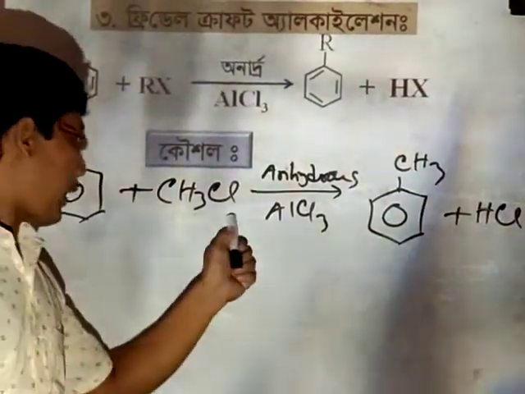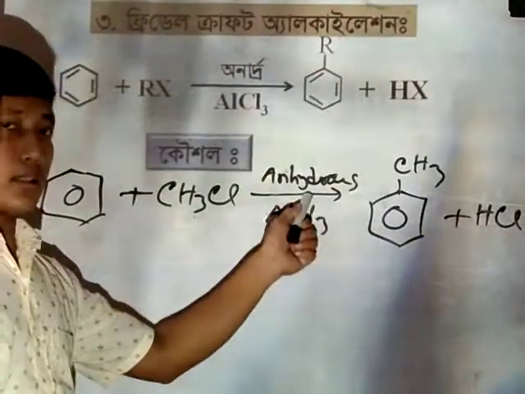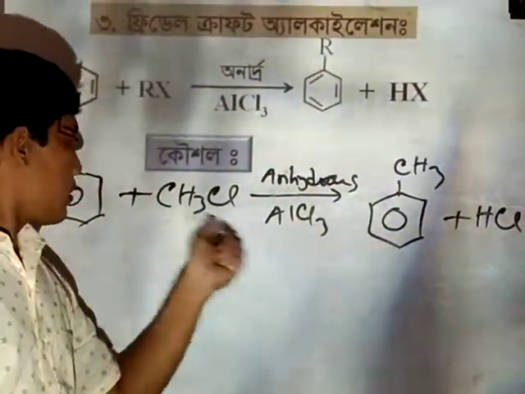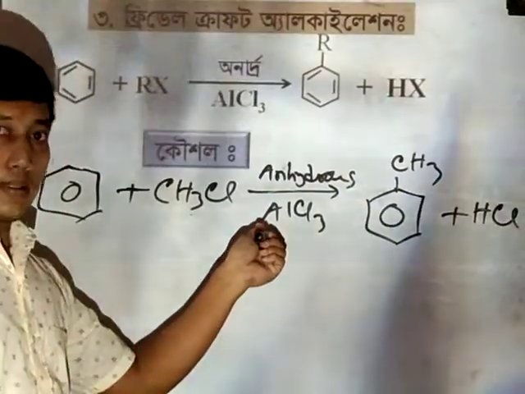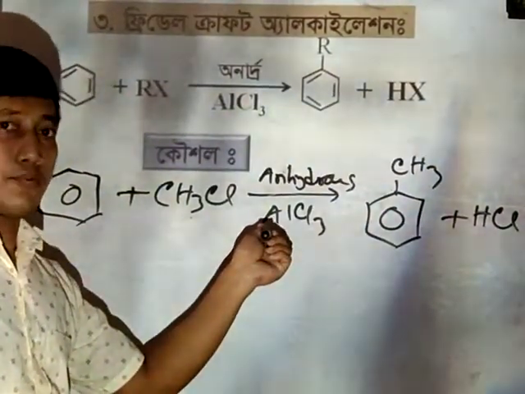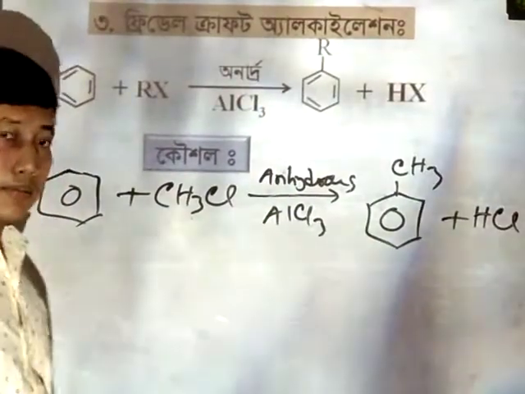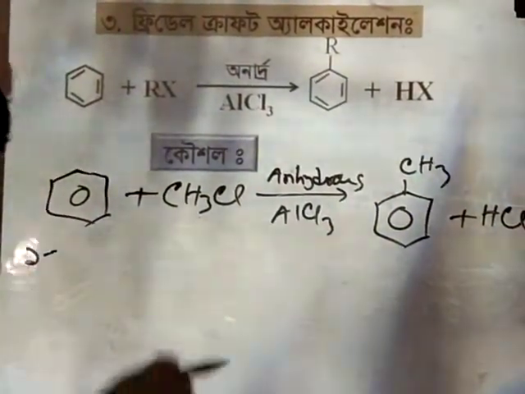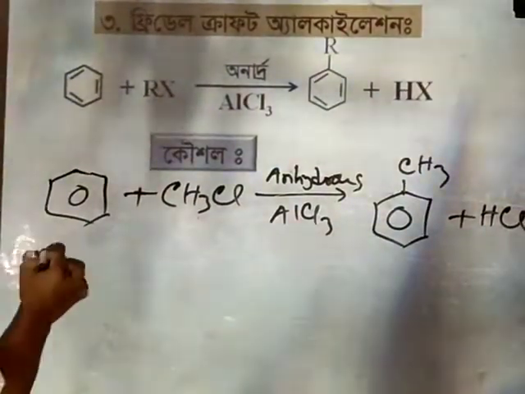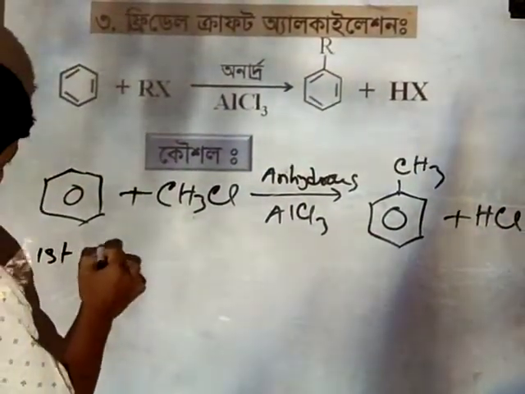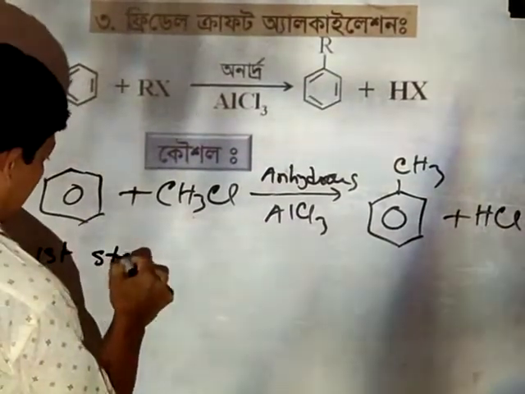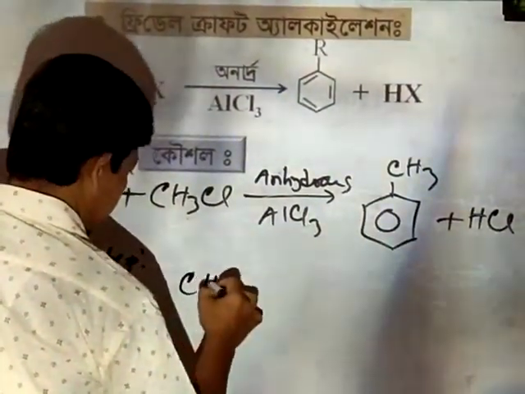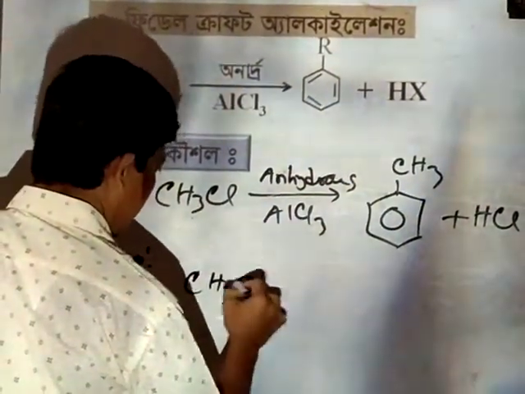Here, methyl chloride is the reactant, and aluminum chloride is the reagent. This reactant and reagent react to each other and, in the first step, produce an electrophile. See the first step. In the first step, methyl chloride, CH3Cl,